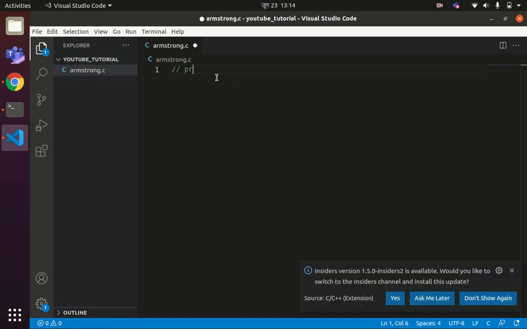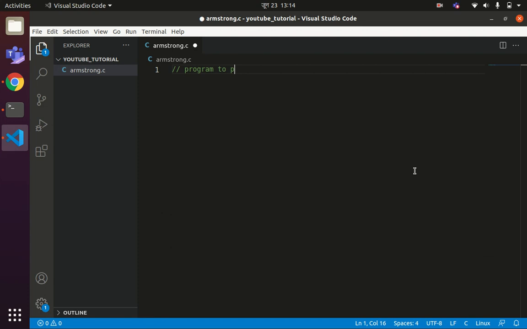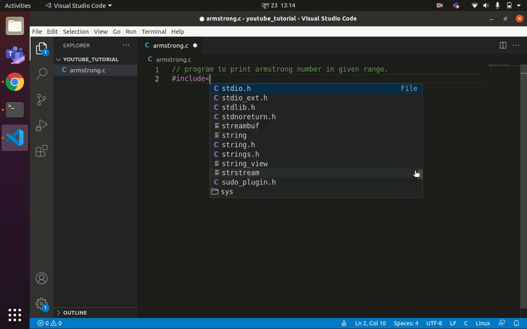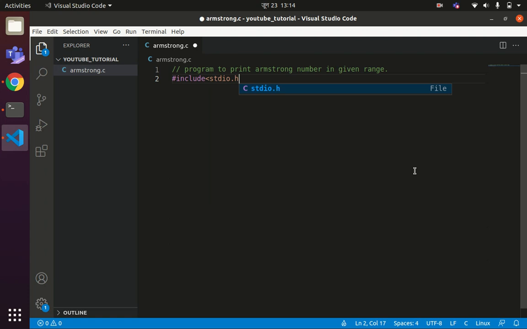Write a comment line: program to print Armstrong number in given range. Then #include <stdio.h>, and int main.